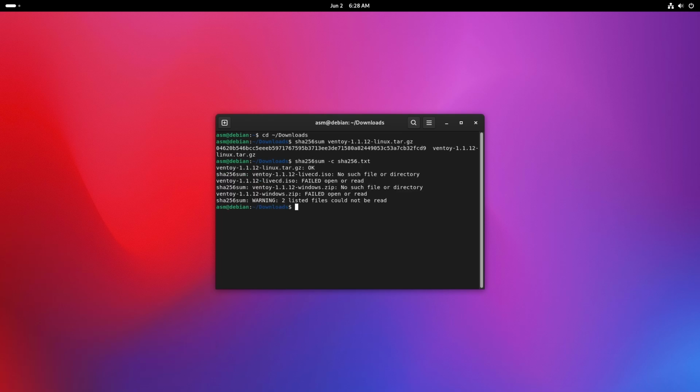What do the results mean? OK: the file is perfect. It is an exact byte-for-byte match. FAILED: the file is different. This could mean the download was interrupted, the file is corrupted, or someone tampered with it. WARNING: 1 computed checksum did NOT match. A summary warning that appears at the bottom if any file fails the check. Or run the command